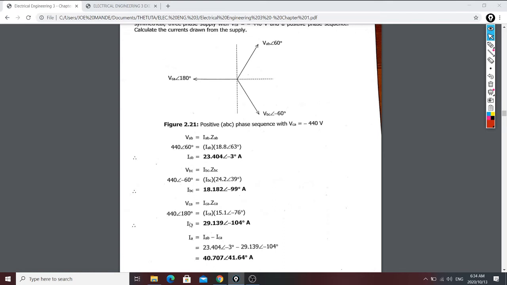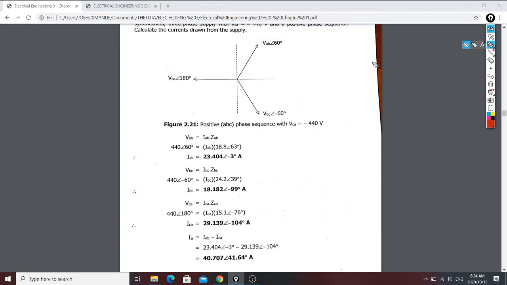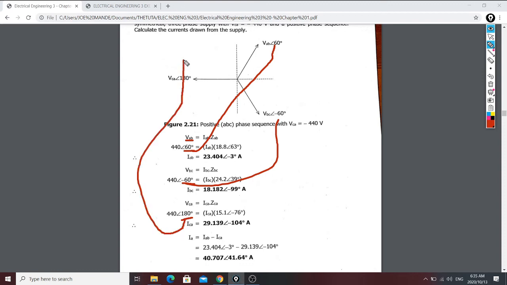Okay, so what is really the purpose of you drawing your phase sequence? It's because when you look here, this is the voltage VAB, but the angle of the voltage EAB, you are going to get it where? From your phase sequence. And then when you look here, you can see that this is BC, and the angle of your current BC, you are going to get it where? On your angle BC. And then when you look here, this is your angle 180, and then your angle of VCA, you're gonna get it from your phasor diagram. So that's basically the purpose of that.